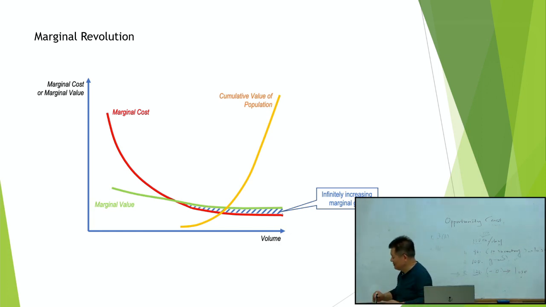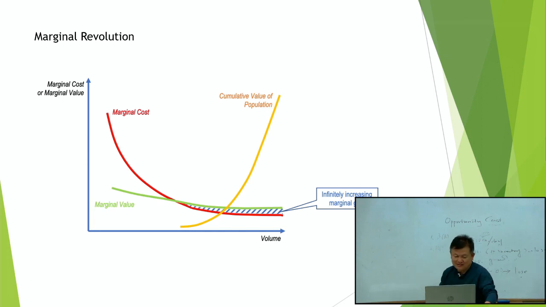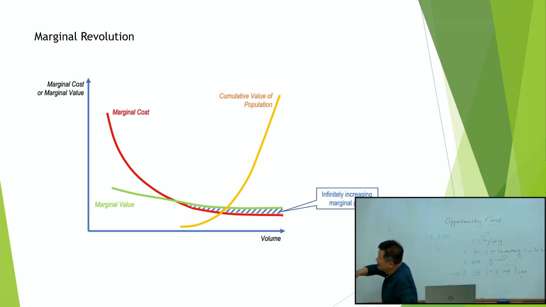Marginal gains means if I choose this volume or this one, if I choose this one, this area is marginal gains. It means I get some other effect. So the marginal cost or marginal value is a little bit of a gap. For this line, as the volume increases, the marginal gain is a little bit increased. This is marginal gain.